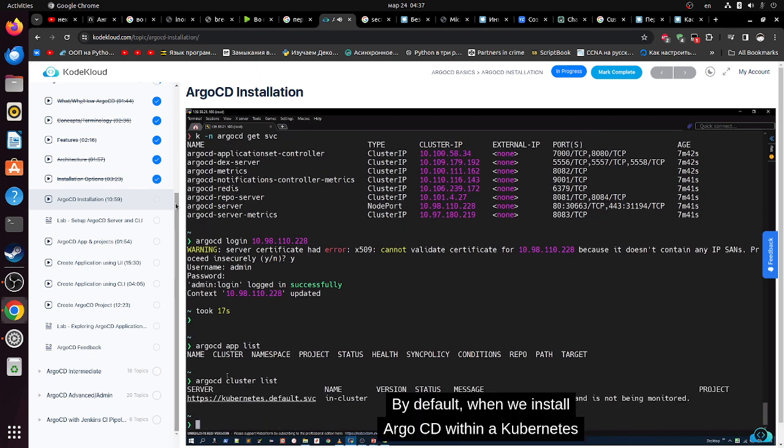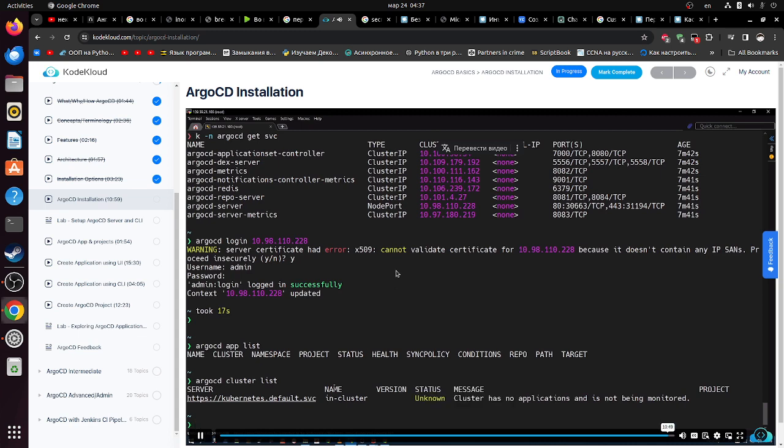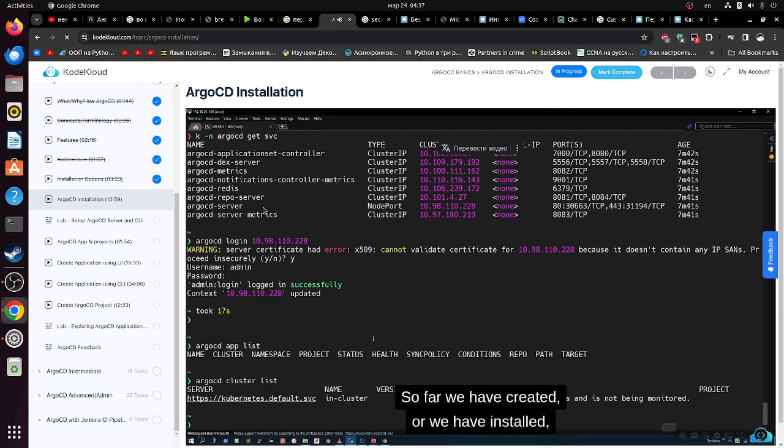Right? So by default, when we install Argo CD within a Kubernetes cluster using the non-high-availability manifest, it is also going to make the cluster where we installed it the target. So it should be able to deploy applications to this cluster. So in the upcoming sessions, we'll also make sure that this Argo CD installation can deploy applications to multiple clusters as well. Okay, so far we have created or we have